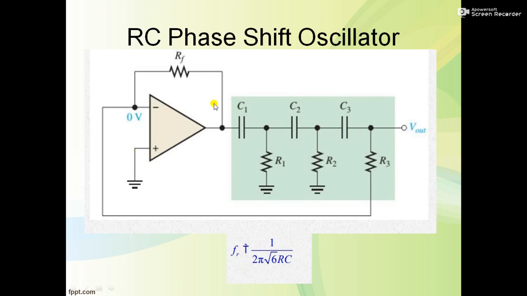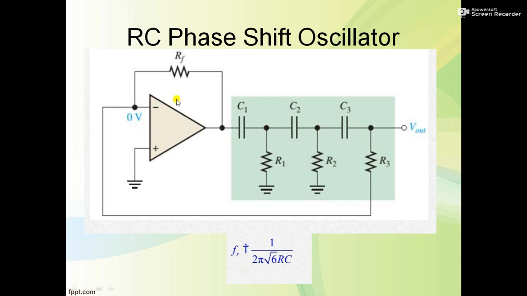In the amplifier part, whatever we are applying to the negative terminal is your input voltage. In the oscillator, I told you that without any external input signal it generates the output, so we are applying 0 voltage. Another terminal is totally grounded, and the output that comes is connected again to the negative terminal of the amplifier. So now it is an inverting amplifier circuit.